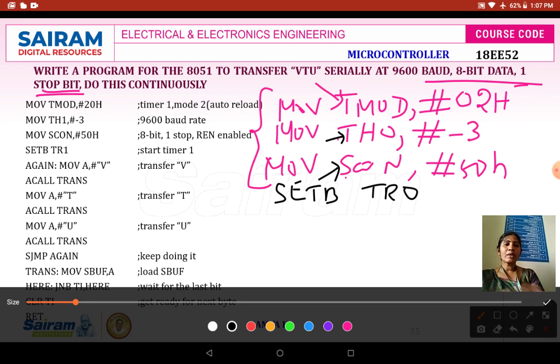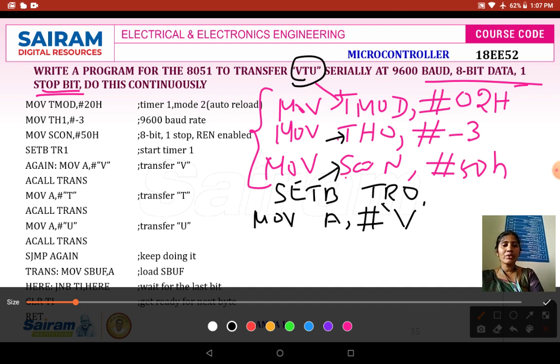Since I have used timer 0, I have to use the timer run bit of 0. Then I have to transmit the data VTU. It has three letters, so each must be sent separately to SBUF. So I move A, #'V', since it is an ASCII code. Then I call a subroutine.